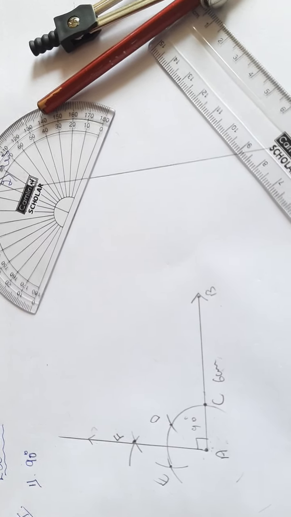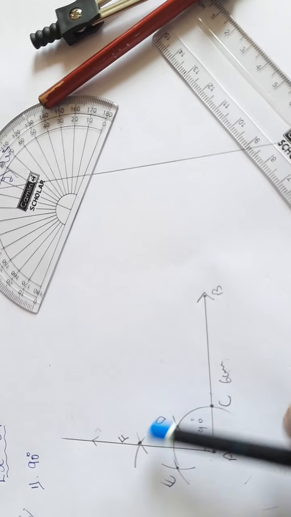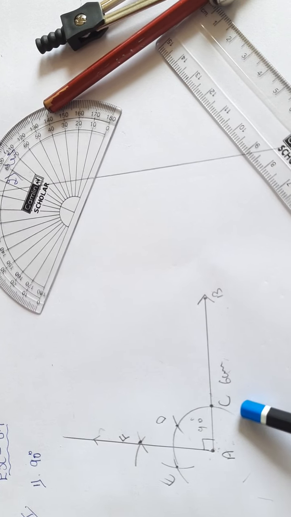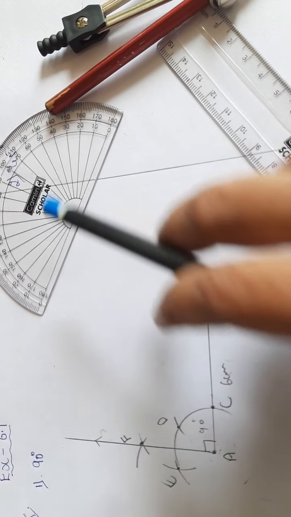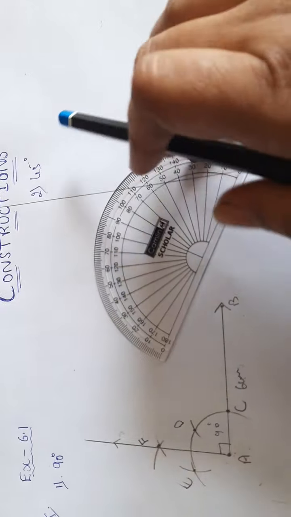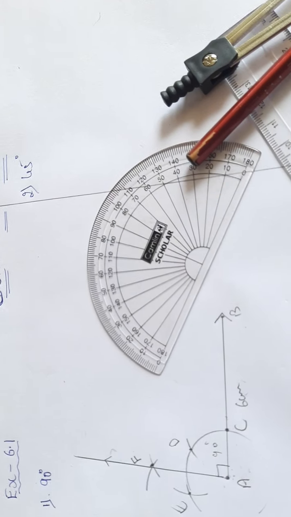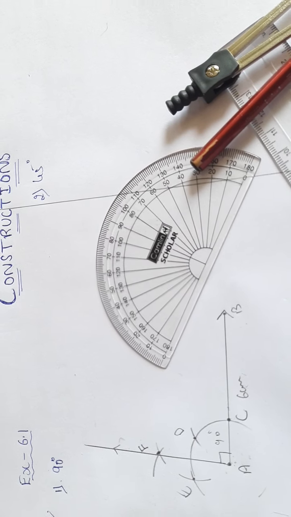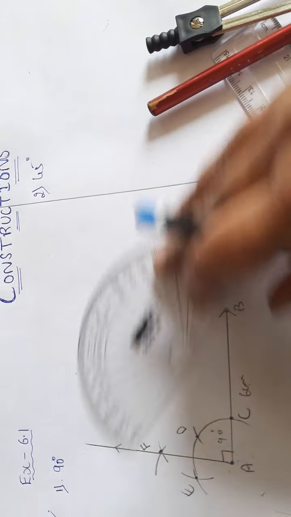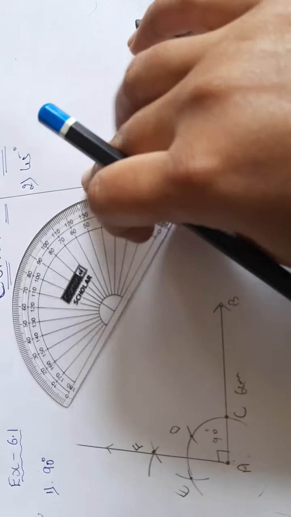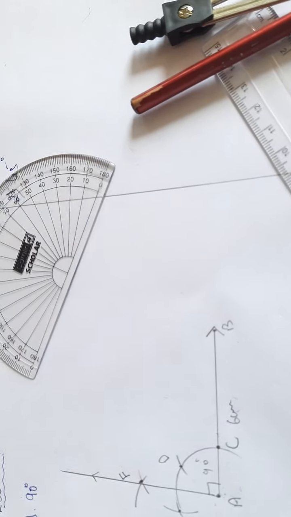Similarly, next, just think, children, common sense. What all we did for 90 degree, you remember the steps. Same thing we need to do, but we need to construct now. Second problem is 45 degree. What to do? You can think. Before that, simply if you keep the protractor and show 90 degree, it is not enough. You need to justify the construction.